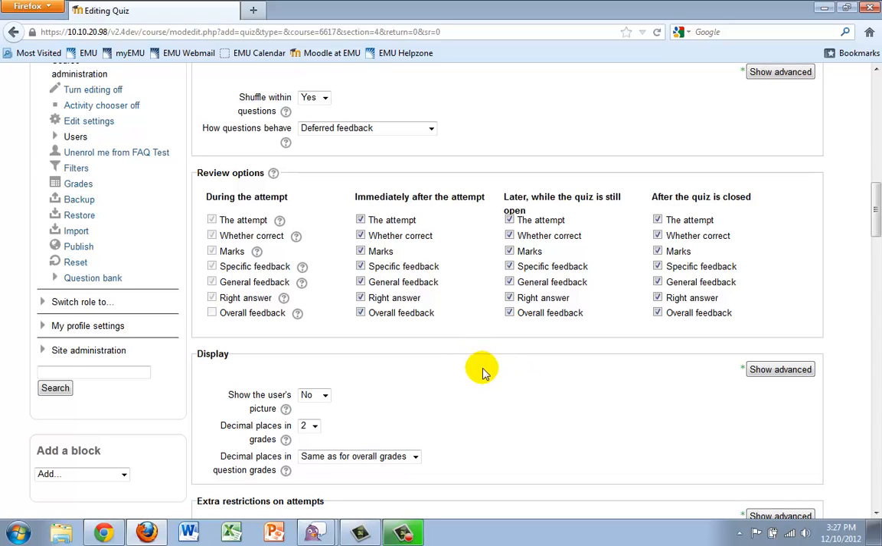You can select when you want them to be able to see the attempt, see whether it's correct, see the marks, see if you add feedback to the question, general feedback, the right answer, overall feedback, all that kind of stuff. So you can decide whether you want that to happen during the attempt, immediately after the attempt, later while the quiz is still open, and after the quiz is closed. Some display options,